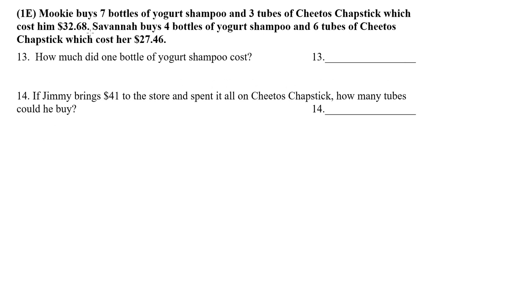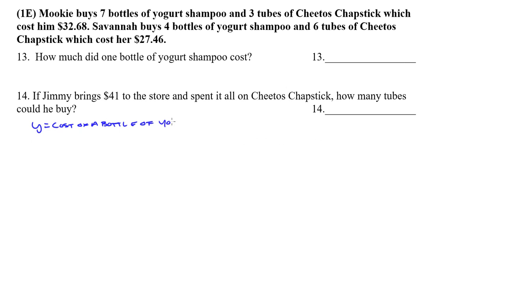Those things cost him $32.68. Savannah buys some more. Cost her $27.46. So here's what I like to do. I'm going to set up my variables. Y is going to be, because we're trying to find the cost of the yogurt shampoo, y is going to equal cost of a bottle